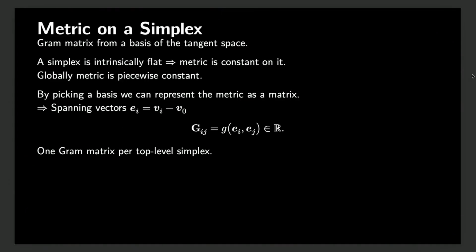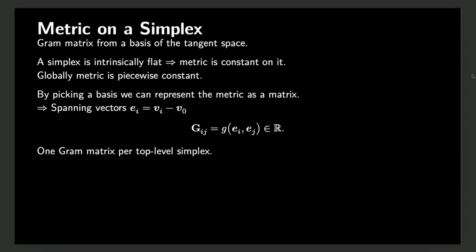So the metric on the simplex is pretty simple. Simplices are flat. If you imagine a triangle, it's flat. And so therefore the metric is constant inside of the simplices. And then globally over the whole mesh, the metric is piecewise constant. And we can computationally represent this metric on a simplex using a matrix as a Gram matrix by picking some